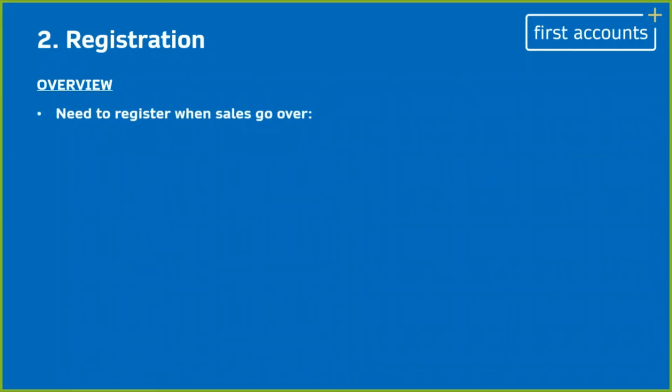A lot of people don't know when they need to register, and basically, in a nutshell, you only need to register once you pass a certain sales threshold. So if you're selling services, that threshold is €37,500. If you're selling goods, the threshold is €75,000, and the reason for that is because goods cost money. So most people who sell goods have a gross margin of about 50%, so that's why it's double